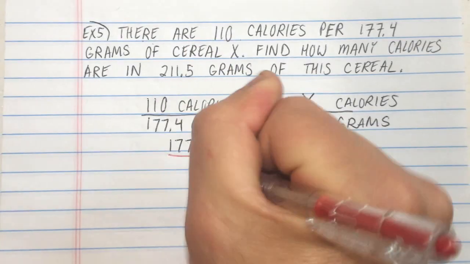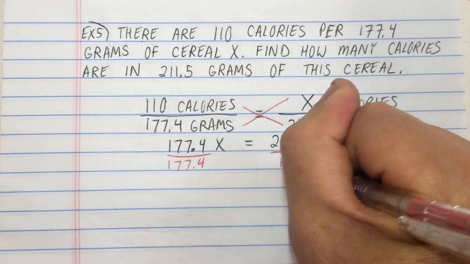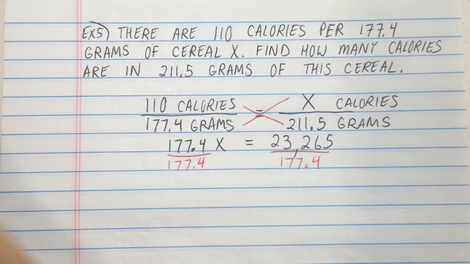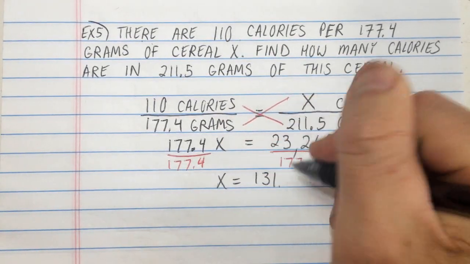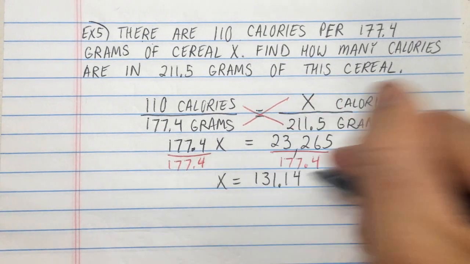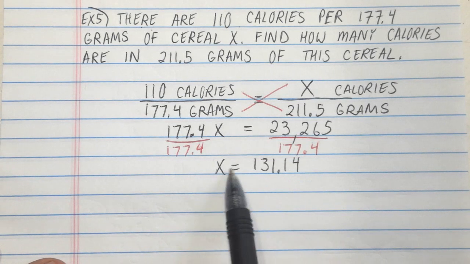So now all I got to do is divide that 177.4 to both sides. And what you end up getting is 131.14. Now, one thing you got to be real careful with these problems, it tells you to round this answer